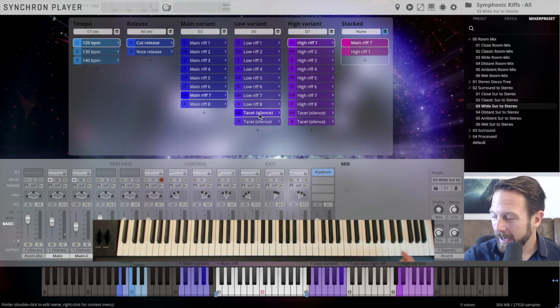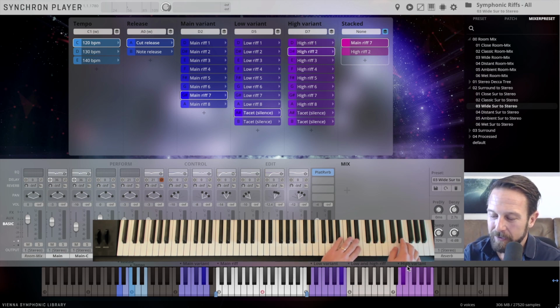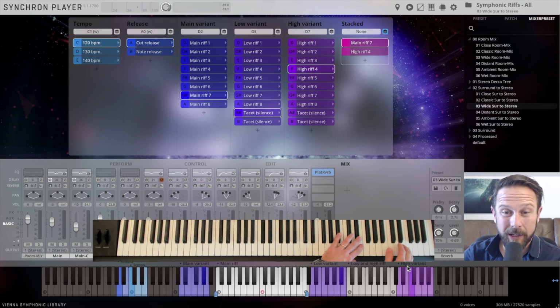And up here in the highest region, you can see it here, you see the key switches for the high riffs. So now I can go through those different high riffs. Some of them are just ostinatos, others are actual riffs.